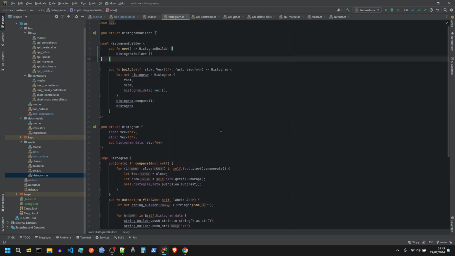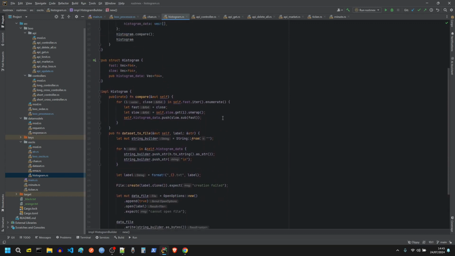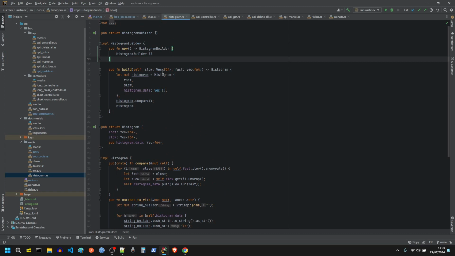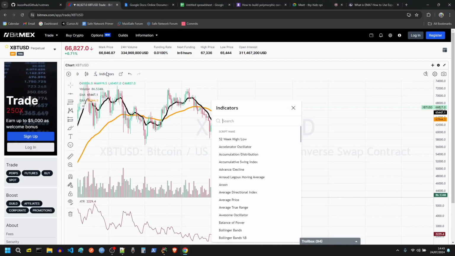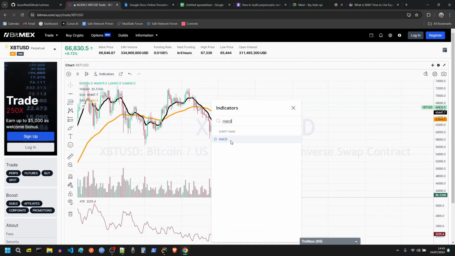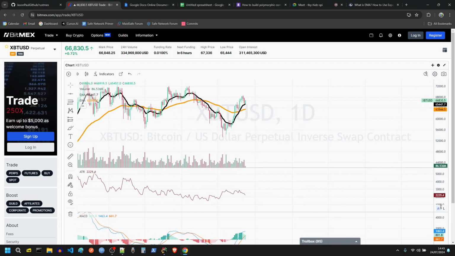And the histogram is similar to the ATR again, but we're using, I think, EMA in this one. Not sure, but anyway, the histogram is a bit more data rich. I think, the way I see it from a graph perspective, I'll show you the histogram here. So this is the MACD, and the histogram here is kind of similar, but